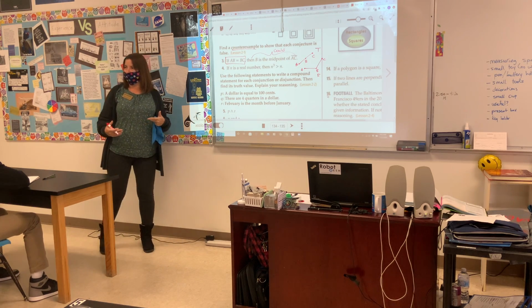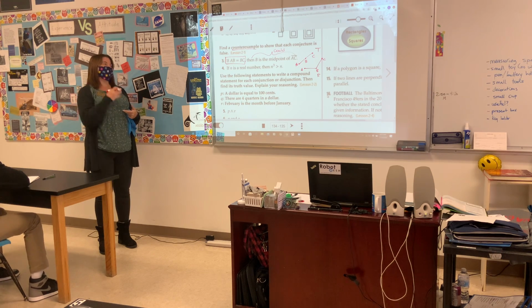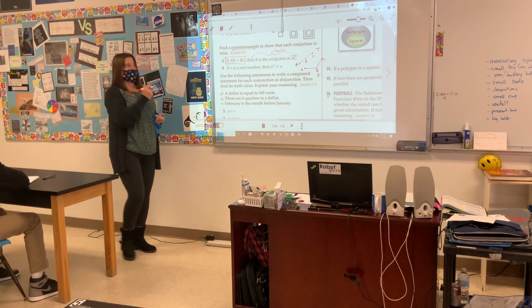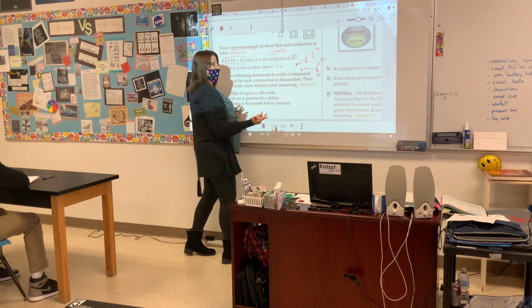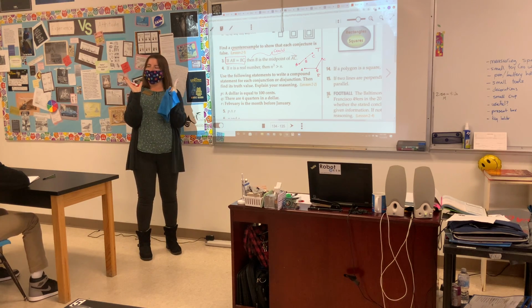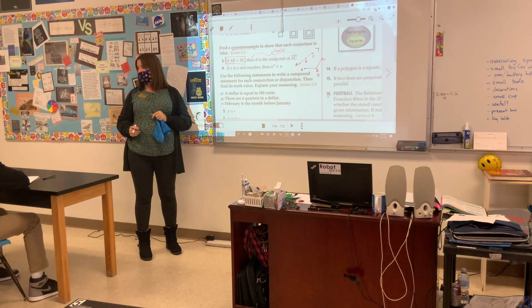Does that make sense? We don't know that it's a straight line. We don't know the position of A, B, and C. We don't know if those points are collinear or not. So our counterexample that proves this conjecture false is I just need to show A, B, and C non-collinear, and they end up as two different segments rather than being two different segments on the same line. These would be two different segments on different lines. Does that make sense to you guys?